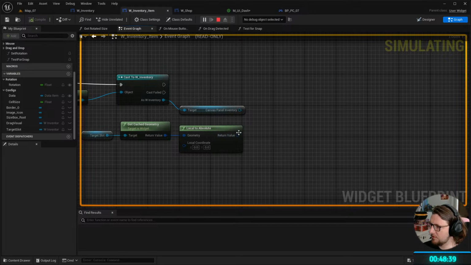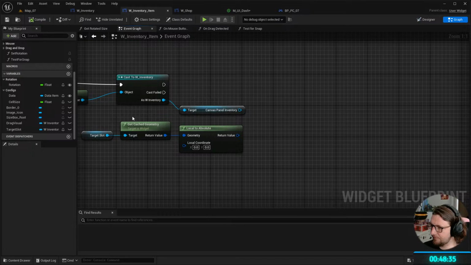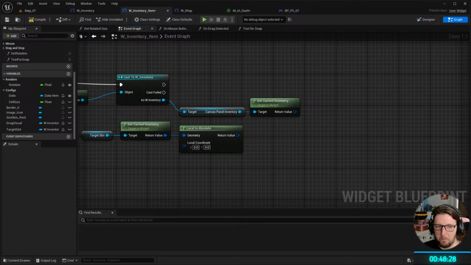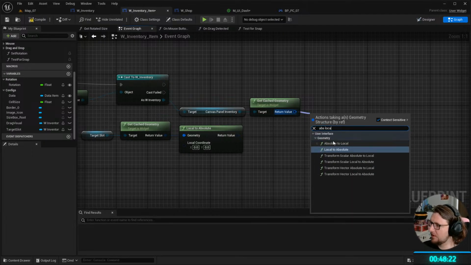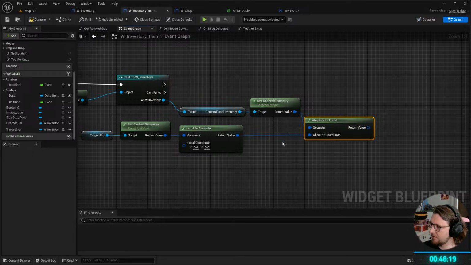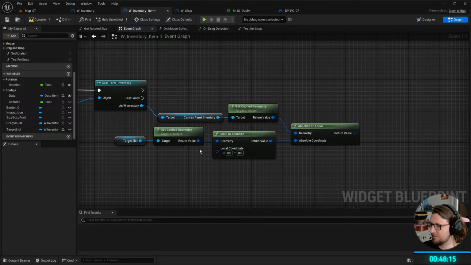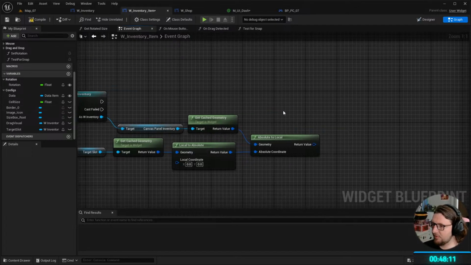We then want to get the cache geometry of our canvas panel, and we want to go from absolute back to local. What we've essentially done is we've said, what's the position on screen, and then what's the position relative to the canvas panel. And what that does is it allows us to add a child